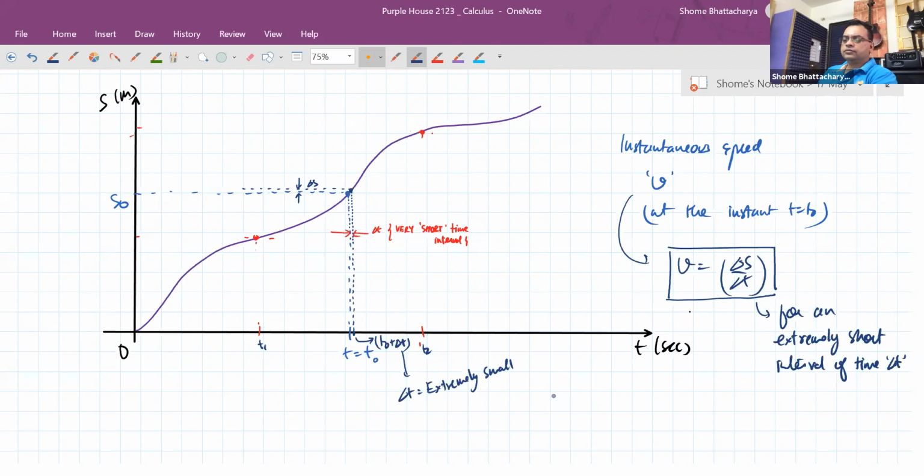Okay. So it is this complexity of calculation of instantaneous rate of change, in this case, instantaneous rate of change of distance with respect to time. This complexity itself resulted in the invention of calculus. In fact, more specifically, the invention of the first part of calculus, which is differential calculus.